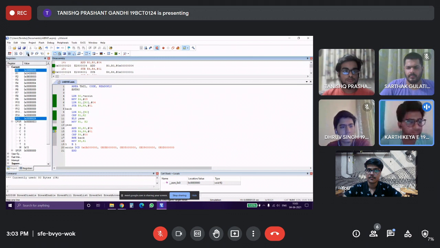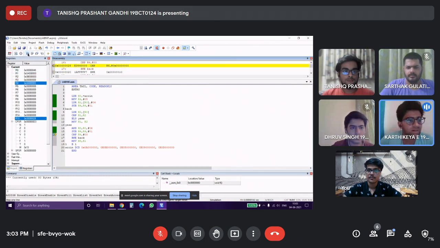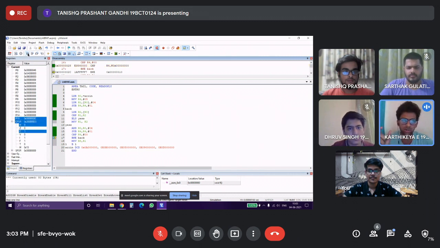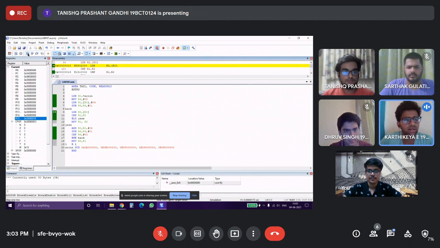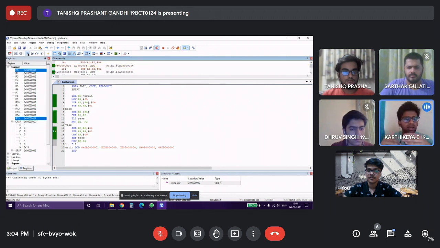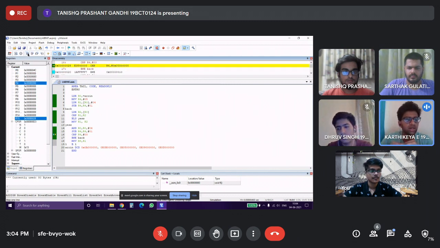If you go on, R4 is now reduced to 3. Now we're checking whether R4 is equal to 0, because if R4 is 0, that means we've gone through the entire array and we have the smallest number. But R4 isn't 0, so it goes back to line 9, and the same thing happens again. This iteration keeps happening, and each time R4 is decremented by 1, and the smallest number is selected by comparison and going back through the loop.